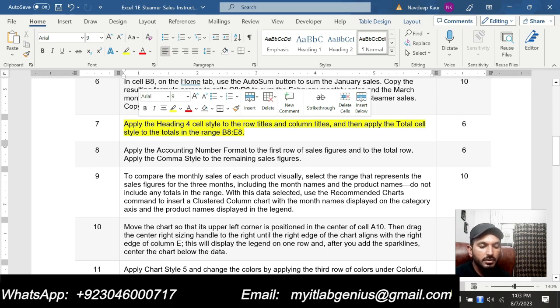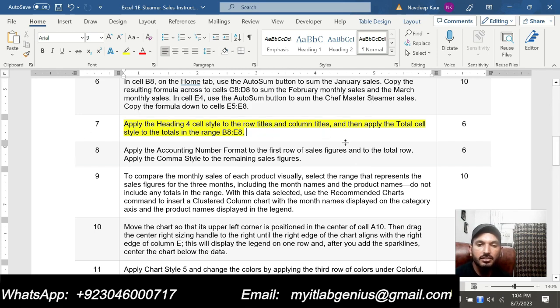So step number 7 is apply the heading 4 style to the row titles and the column titles, and then apply the total cell style to the total in the range B8 up to E8.